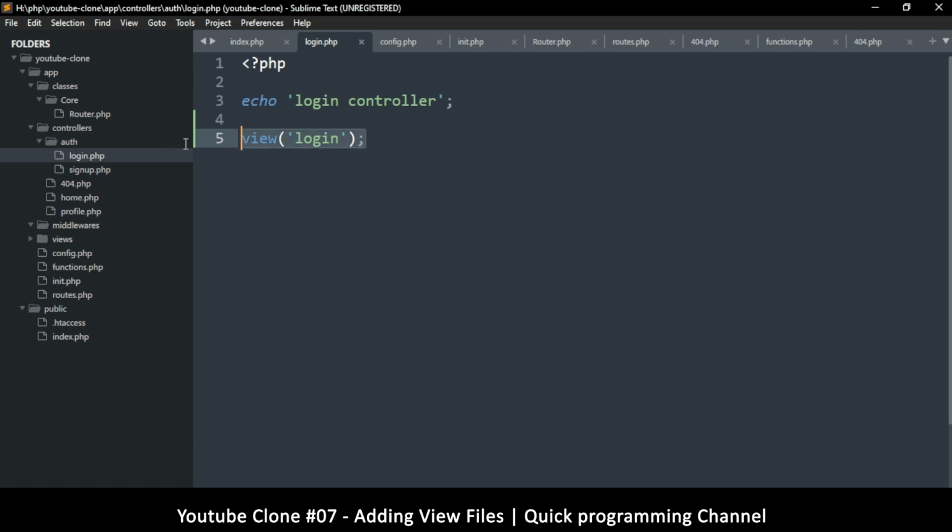Now the only problem with this is that it isolates this thing from the outside. Now this could be a good thing or a bad thing, but I don't want the view file isolated from the rest of the code that's on top here. So instead I want to be able to do a require like this. Now if I isolate it, which means without the require like that, it means if there are any variables that I want that are already here to go within the view file, I would have to put an array here,